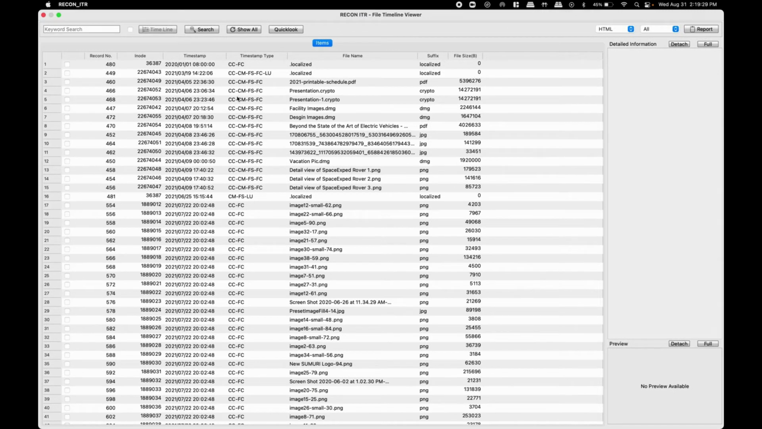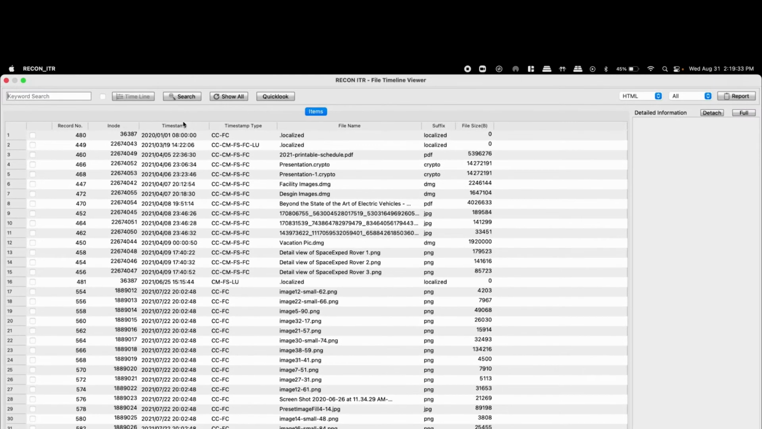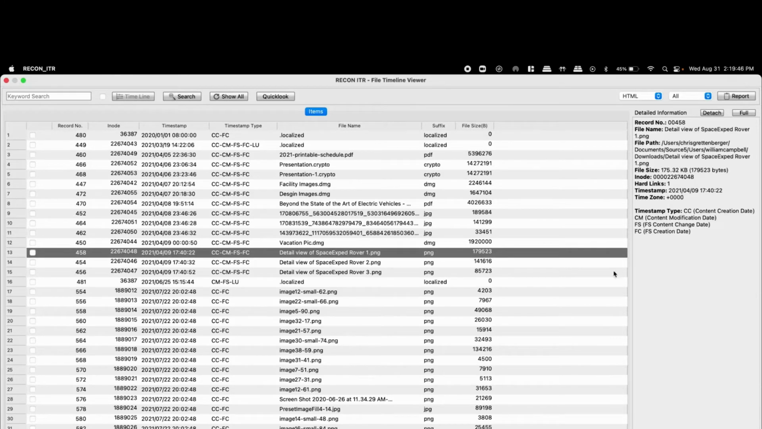So the file timeline viewer window is relatively easy to navigate. It'll show you the inode number, the timestamp type that it is referring to, the file name, the suffix, which is most likely going to be the extension, and the file size. So if we select, say, this PNG down here, we can see over on the right side here we have detailed information, where it'll basically pull this over into a little bit more of a readable format, as well as